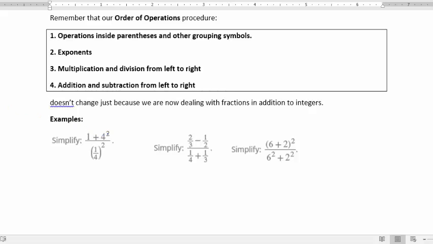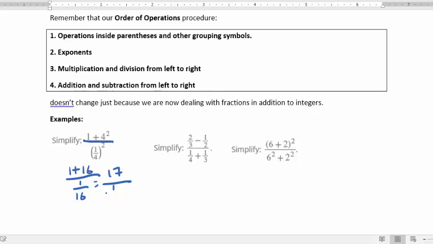So we have 1 plus 4 squared all over 1/4 squared. So again, that big fraction bar is a grouping symbol. So it's going to keep the numerator and denominator separately. So we're going to do the numerator first. So we have exponent and addition. So we do the exponent first. So it's 1 plus 16. And in the denominator, all we have is an exponent, right? So we just do 1/4 squared. So 1/4 times 1/4 is going to be 1/16. So we have 1 plus 16 over 1/16. So now the numerator still needs to be simplified. So it's 17